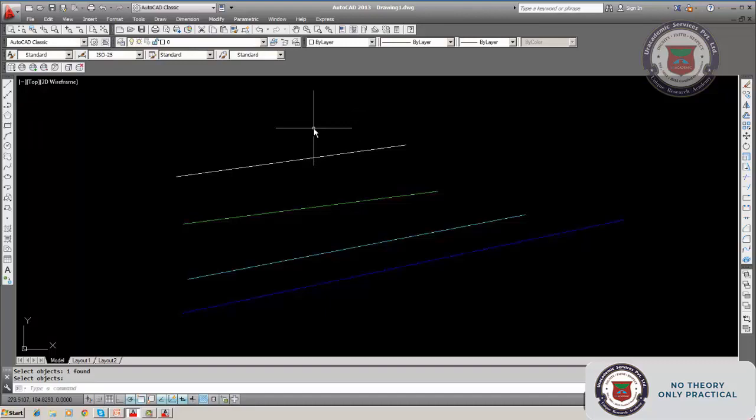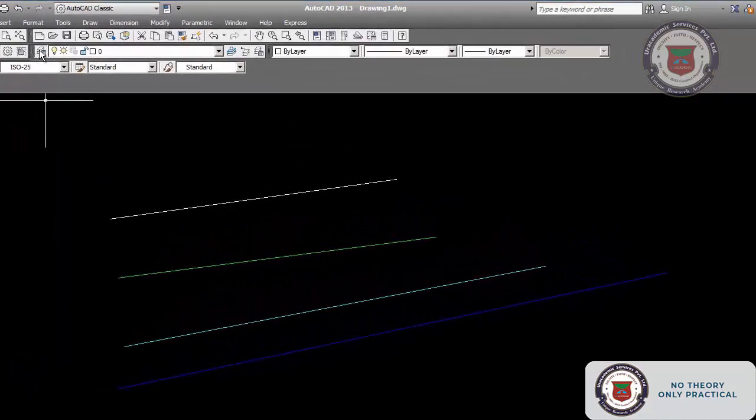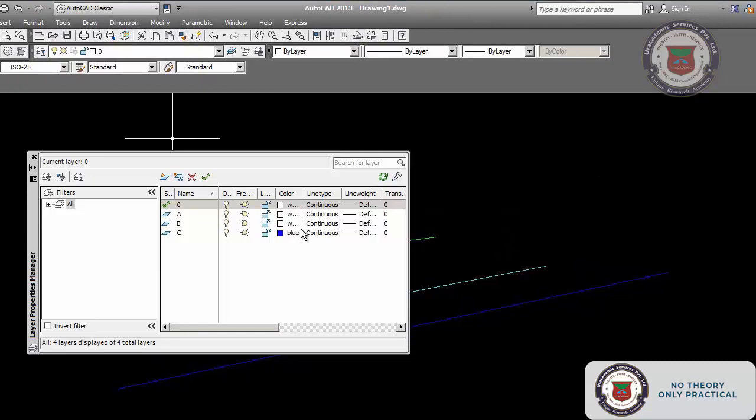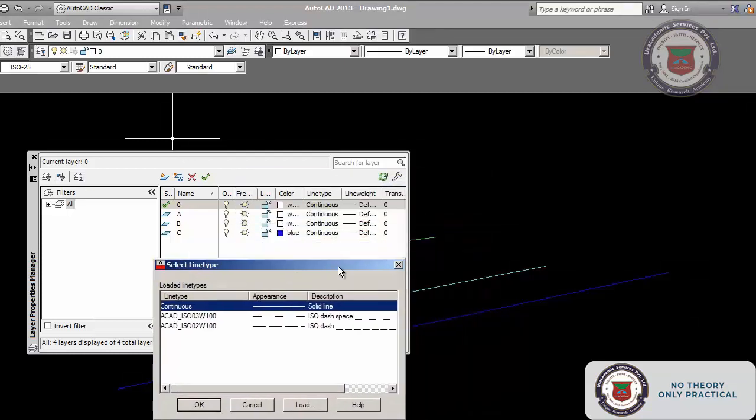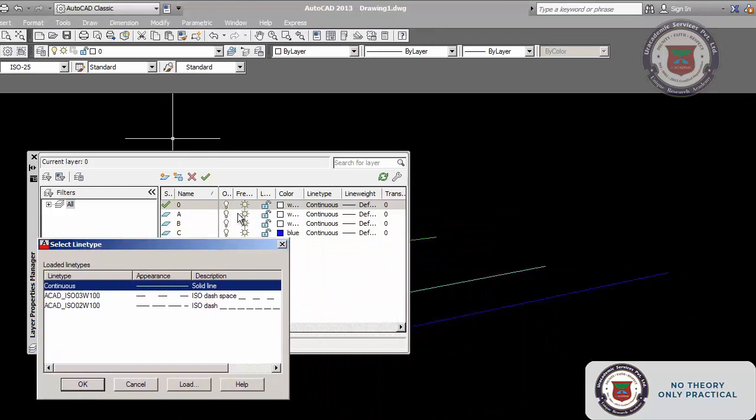So this is about layer properties, and we know some more things about that. Color we have known, and now we come to continuous line type. This is called layer, color, layer. You can hide the layer or switch off the layer, freeze the layer. Freezing and hiding, switching off the layer is freeze layer.